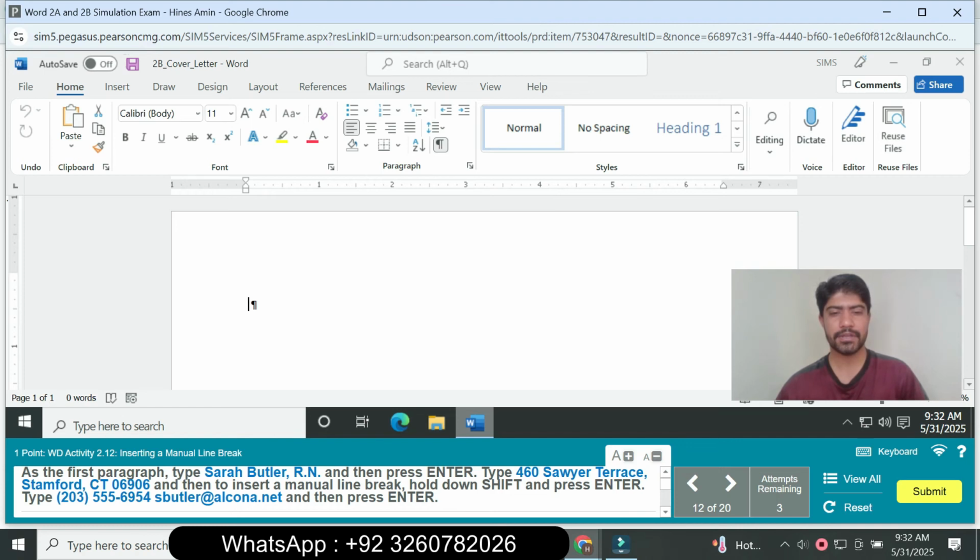Then insert manual line breaks by holding Shift and pressing Enter, and type the email, then press Enter. So first paragraph, type Sarah Butler and type the comma,